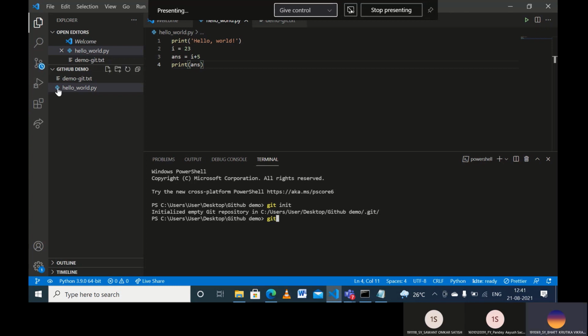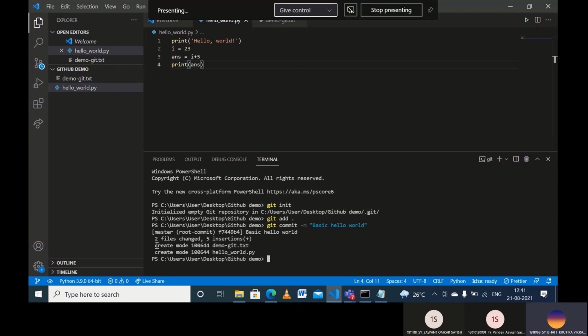Now, if I want to add this code, all I have to do is git add and git commit. We can do git commit hyphen m for the message. Hyphen m means I have to add a message while committing to understand what I have added in these files. I should say something like basic codes, basic hello world.